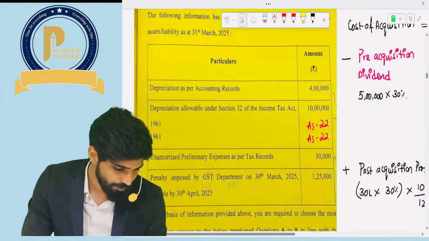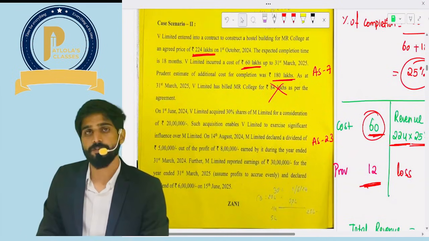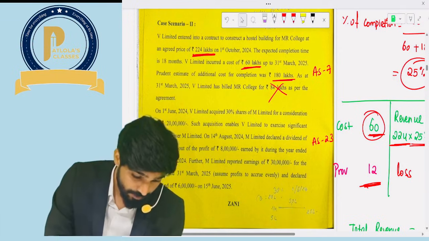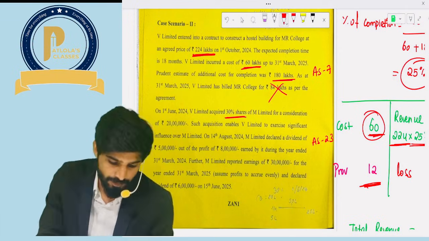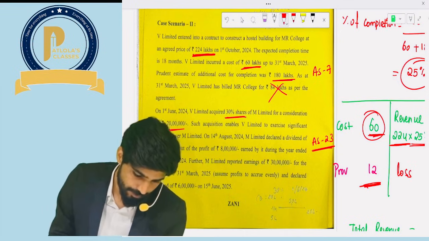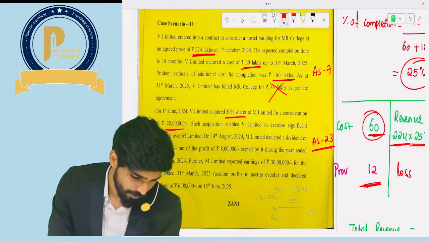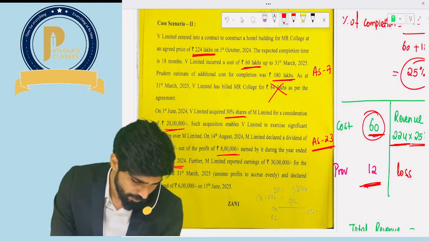Okay, coming to the next part of the case study. On 1st June 24, We Limited acquired 30% in the associate, and that will be covered under AS 23 for a consideration of how much? 20 lakhs. Such acquisition enables a significant influence. M Limited declared a dividend of 5 lakhs out of profit of 8 lakhs earned by it in